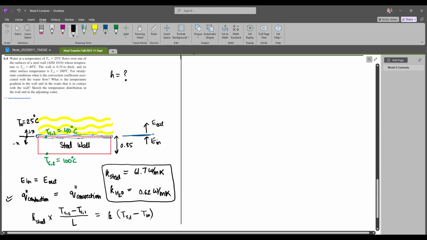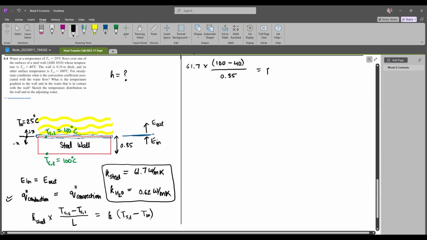So from this we are going to get K steel, which is 61.7, times 100 minus 40 over length 0.35